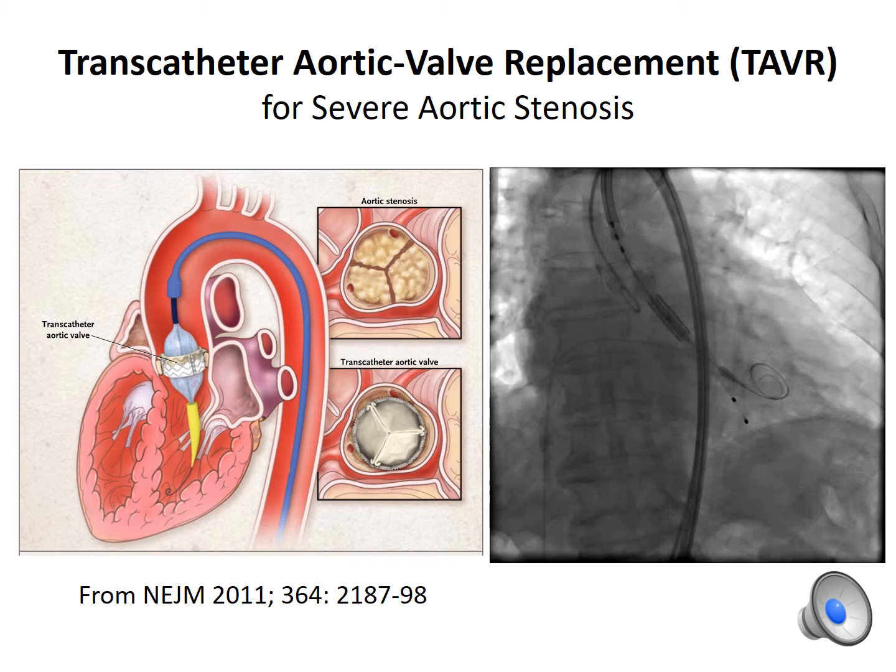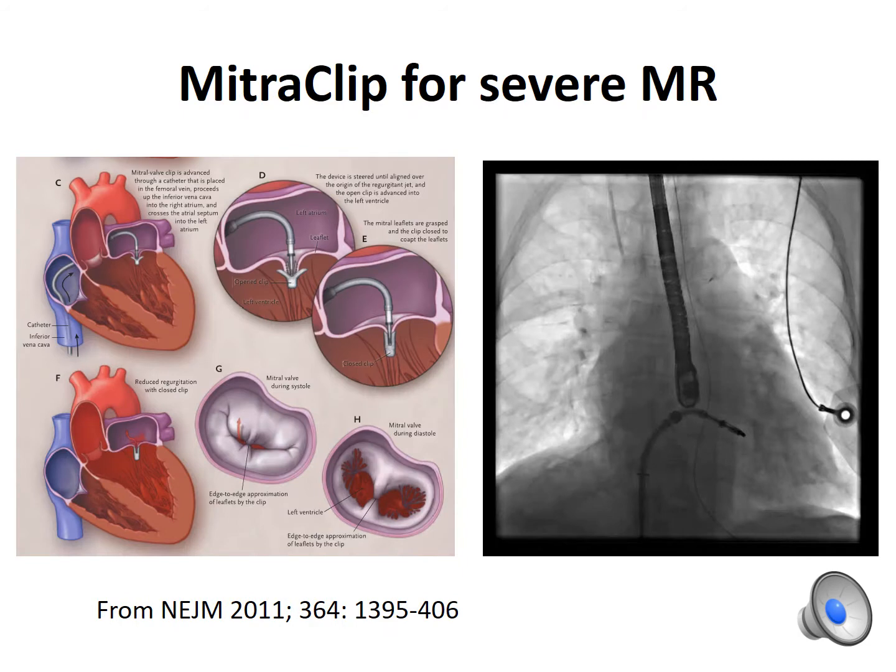This picture shows the procedure of TAVR, which is currently the trend of treating severe aortic stenosis in patients with moderate or high surgical risk. This picture showed how the procedure of MitraClip is performed. For patients with severe MR and high surgical risk, it is a less invasive, safer, and effective procedure. In case we happen to perform the TAVR or MitraClip during your stay, you will be welcomed to join us in these procedures.